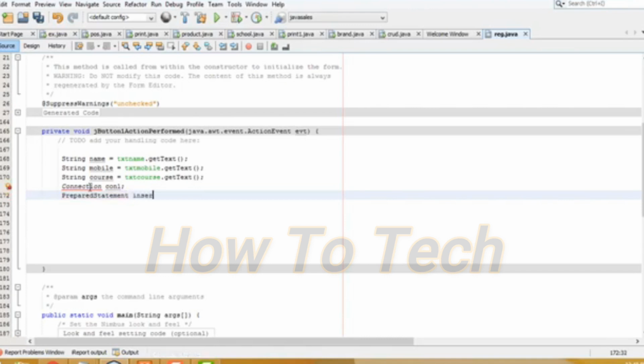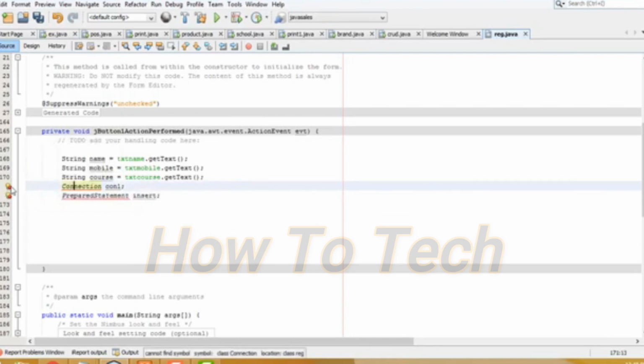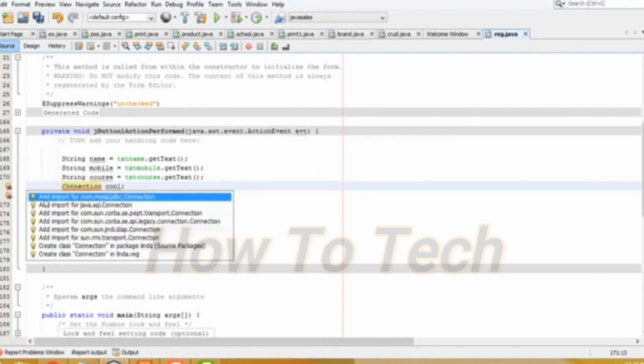Here I am going to insert. Right, here there will be an error. You can see the notice that there is an error. Just click on this and you can see the fix. You have to import the first package. Add import com mysql